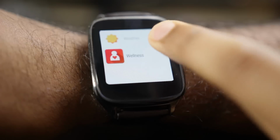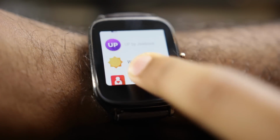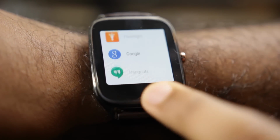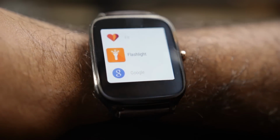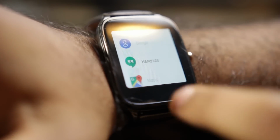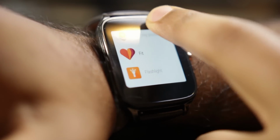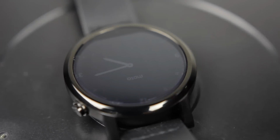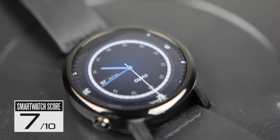Now, probably one of the most unfortunate things about both of these two smartwatches is that there's really nothing new that they're bringing to the table compared to the previous generation models, and there's no real benefit compared to the other smartwatches you're seeing out there that have innovative user interfaces and innovative physical control methods that make the watch a little bit easier and fun to use. And in that regard, I would give both of these watches a 7 out of 10 in this user